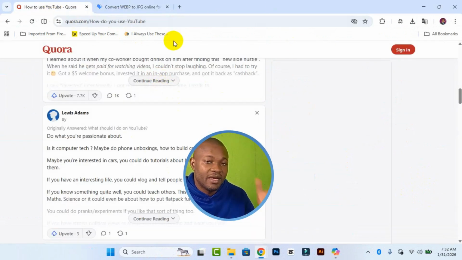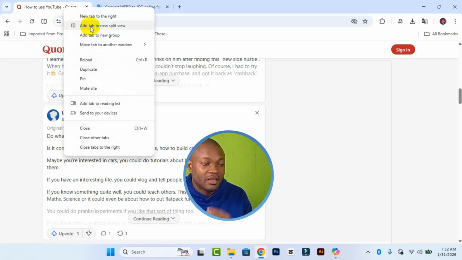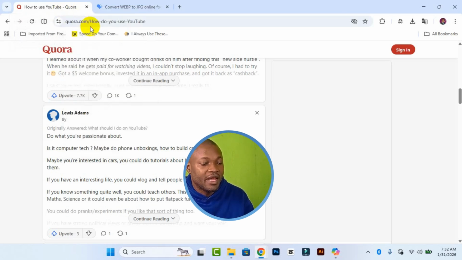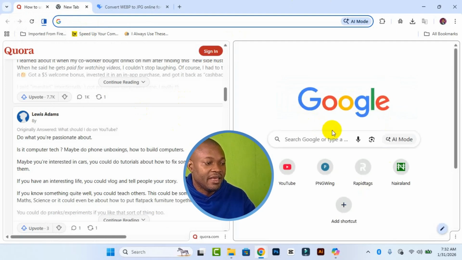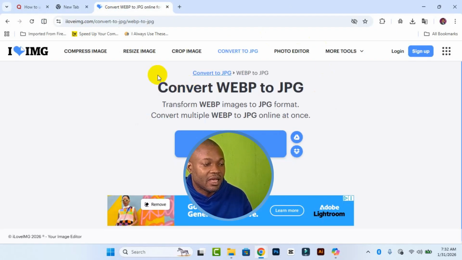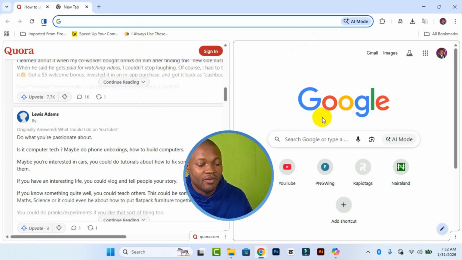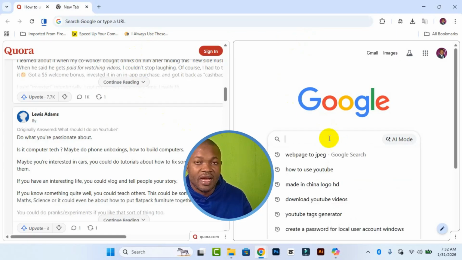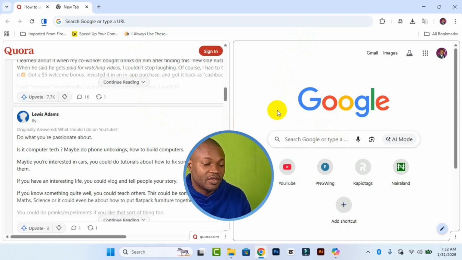So we can as well reconvert them back to side view. Go ahead and right click on the top right here and click on add tab to new split view. Then we have them back right here. Go ahead and close this tab right here, and then we can start working on that website right here. As far as side view split is concerned,